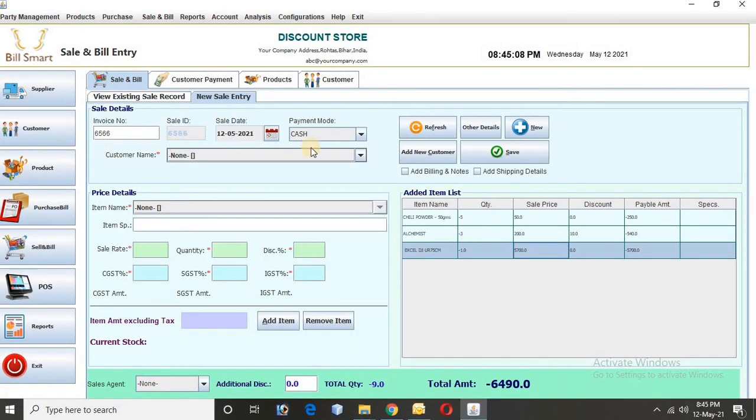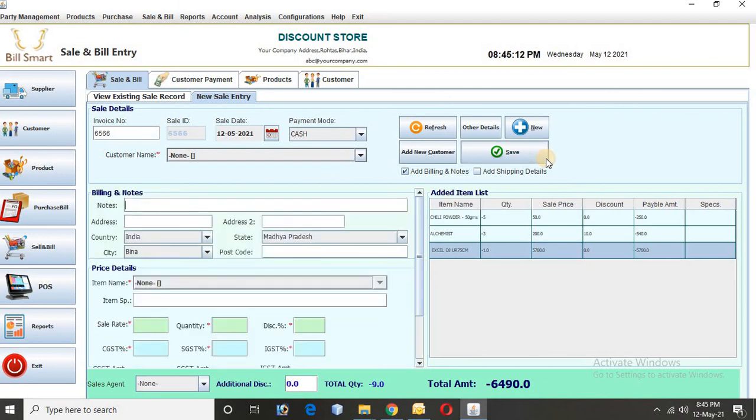We can add a reference to that also if we want. So in notes, I'll write: reference to bill number 6565, credit note is issued. This is optional, just for reference's sake I am showing you here.